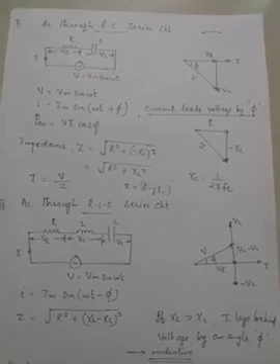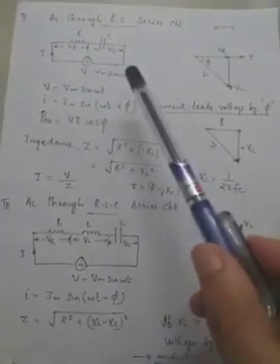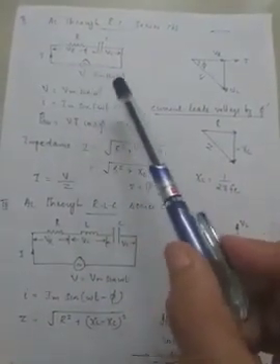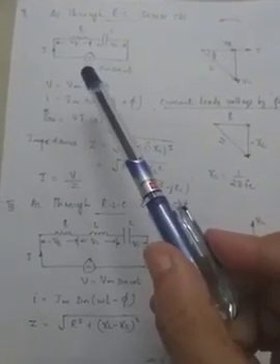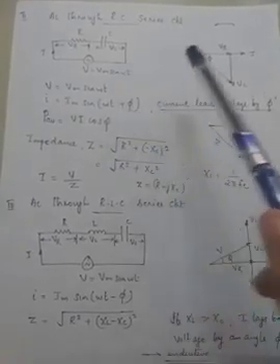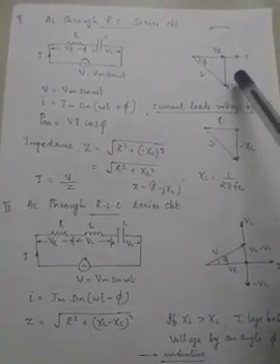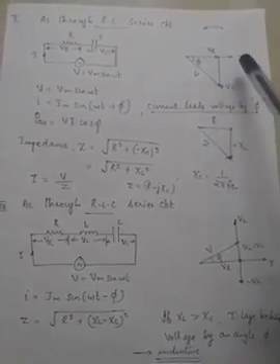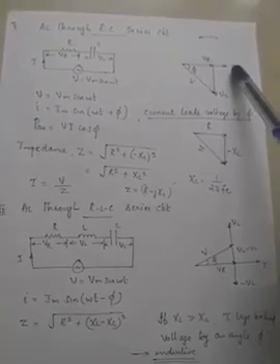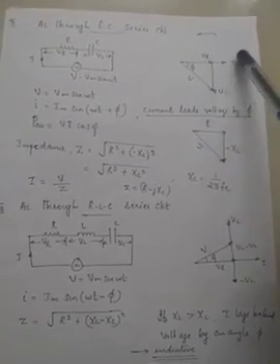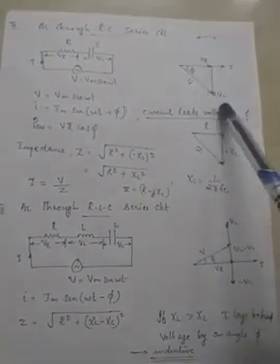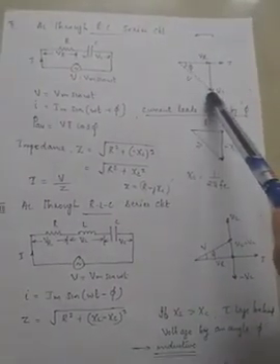Same procedure we are adopting here also. We have connected R and C in series with a voltage source V. So the same current I flows through both R and C, and the voltage drop across R is VR and the voltage drop across C is VC. Now if we draw the phasor diagram, here also, since it is a series circuit, current is the reference. VR and I are in the same phase, and for a pure capacitive circuit, we know current leads voltage by 90 degrees. So this is VR and this is minus VC, and so the resultant voltage will be this one.